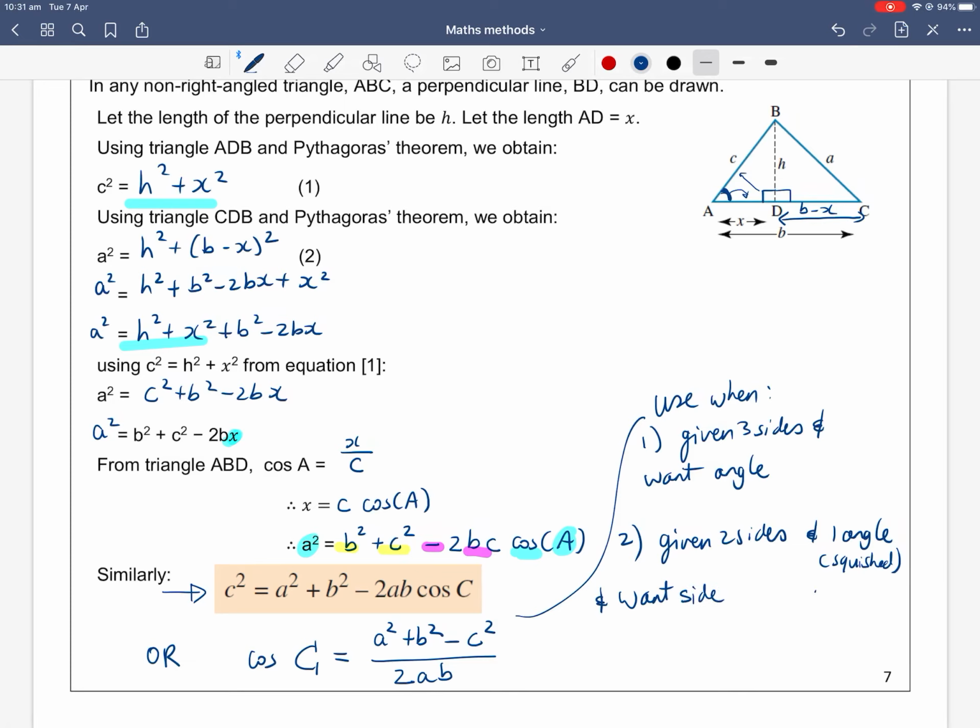And when I say squished, it means like this. If you're given sides a and b, then this angle is what you're given, this squished in between angle between the 2 sides of a triangle. So that's when you would use the